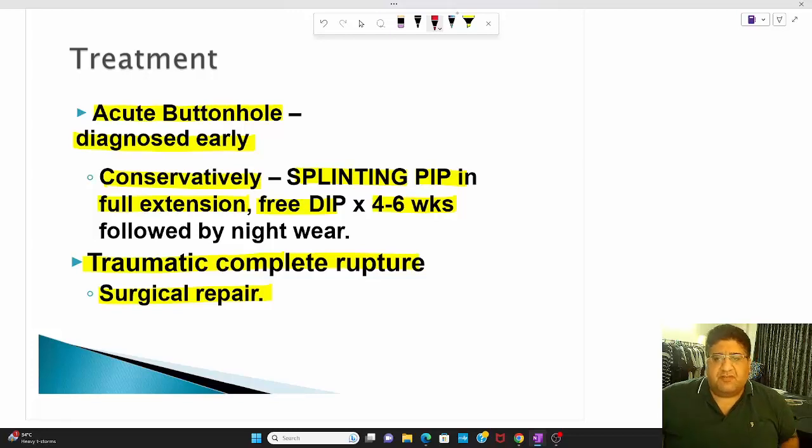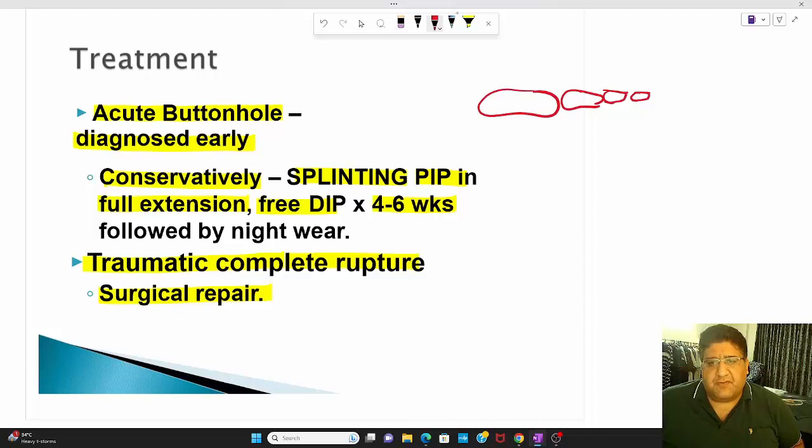Just to give you a brief summary on extensor apparatus, you have to just remember it like this: you have the metacarpal, the proximal phalanx, the middle phalanx, the distal phalanx. So you have the EDC, EIP, EDM coming together to make extensor apparatus, out of which EDC crosses the MP joint and gets inserted onto the base of the proximal phalanx. And over there, it makes a hood, extensor hood, which wraps the MP joint, which receives the insertion of EIP, lumbrical, and interosseous. After that, it gives a central slip which goes and gets inserted onto the base of the middle phalanx.